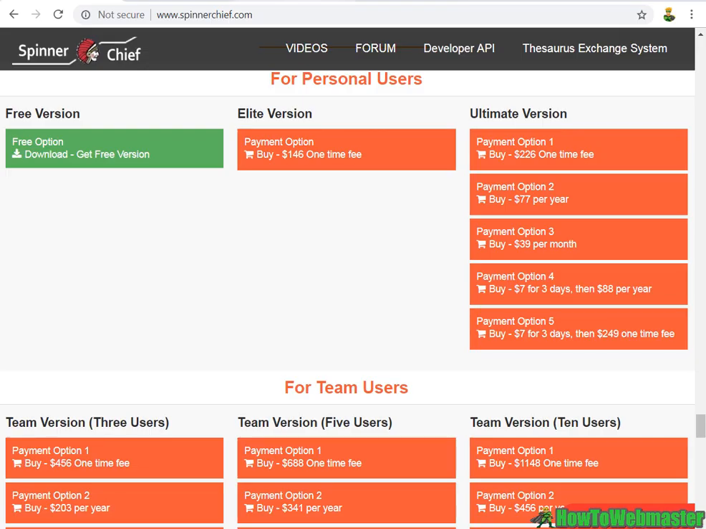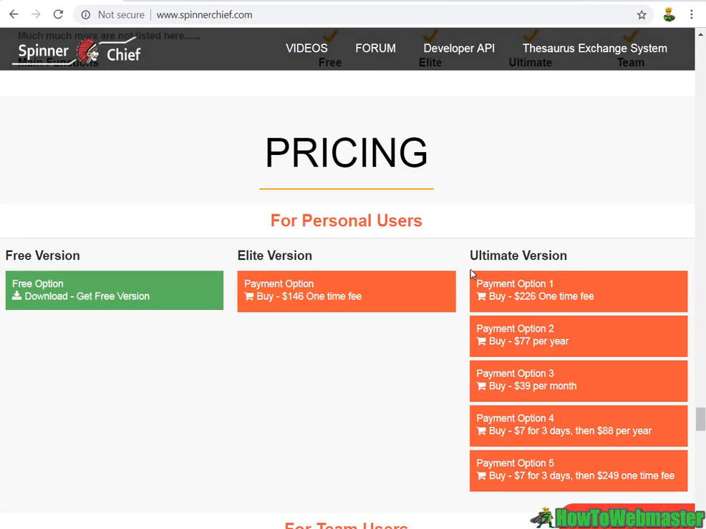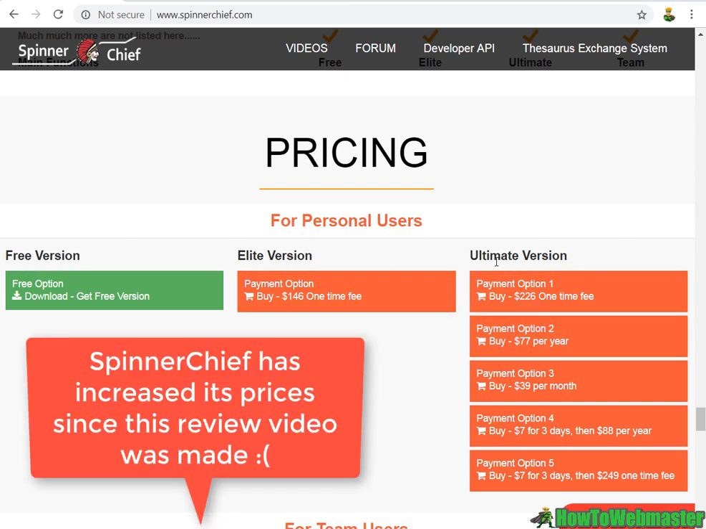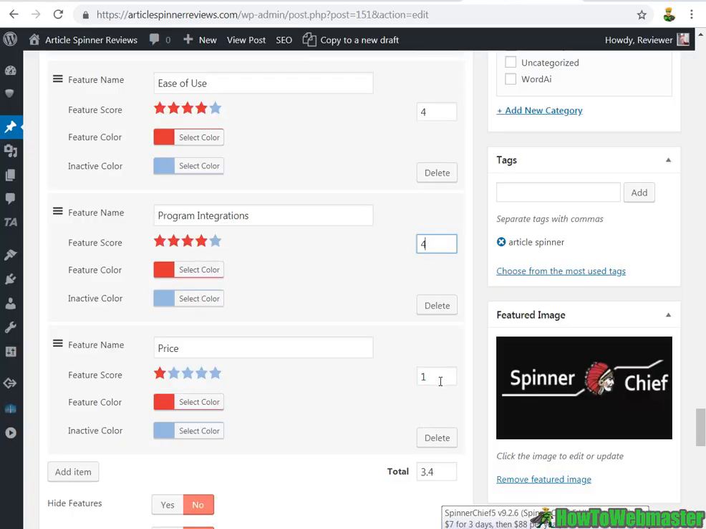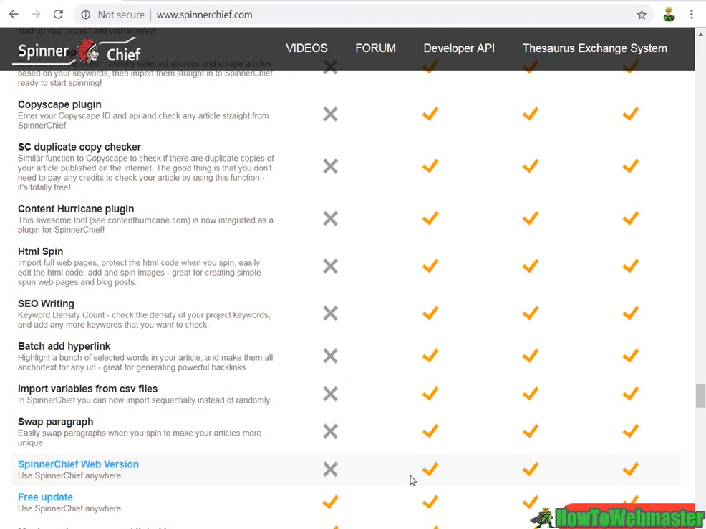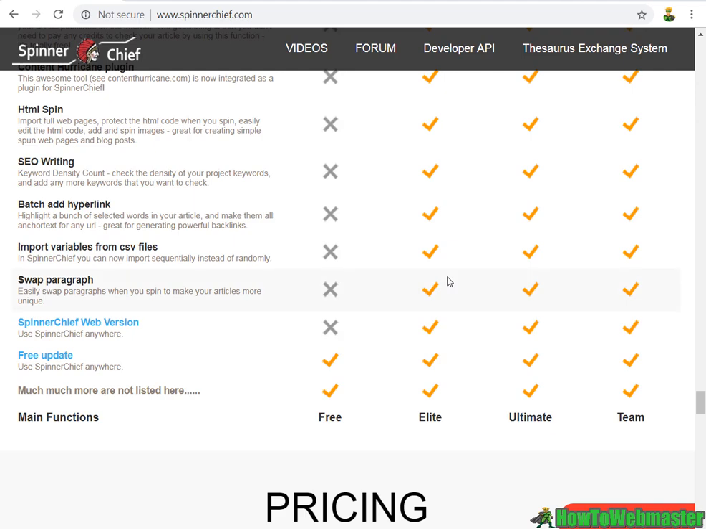And the price: is SpinnerChief worth the price? So I'm just going to judge just the ultimate version. $77 per year is the same as Bin Rewriter, and a one-time fee of $226. So price wise, I will give this a 3.5. So the overall rating for SpinnerChief is 3.9,